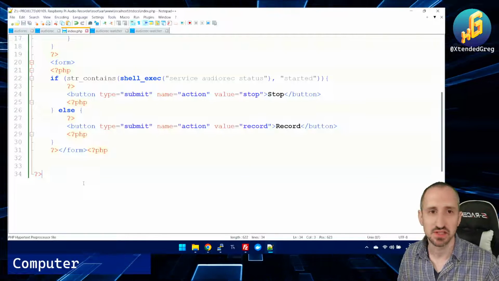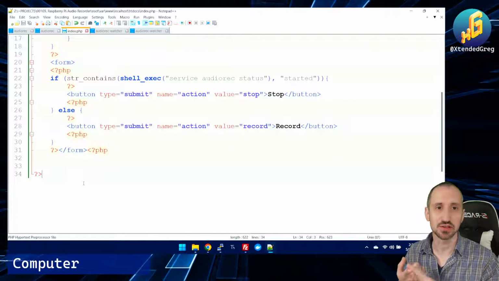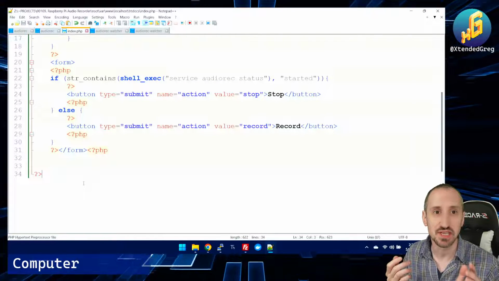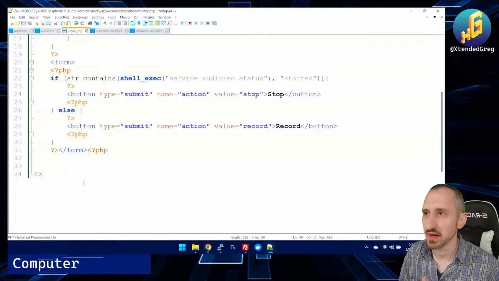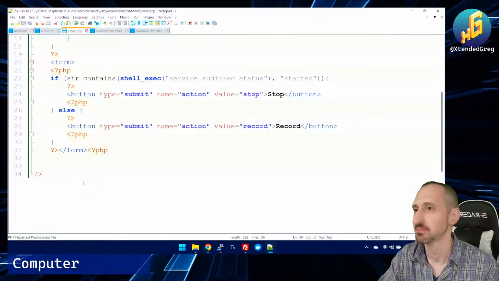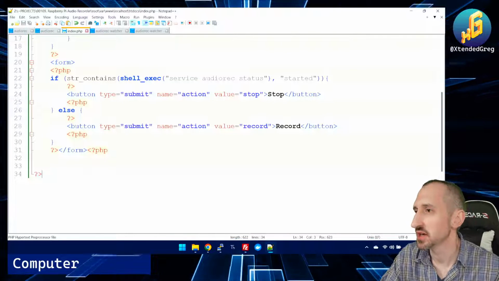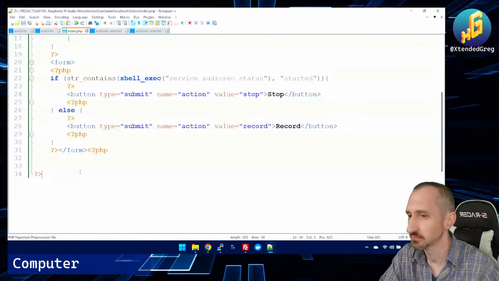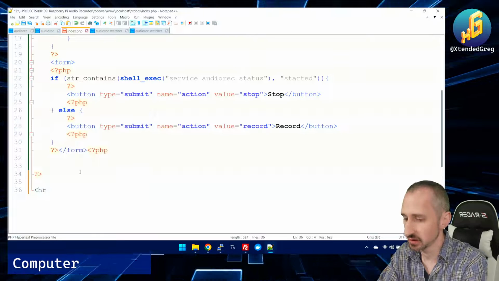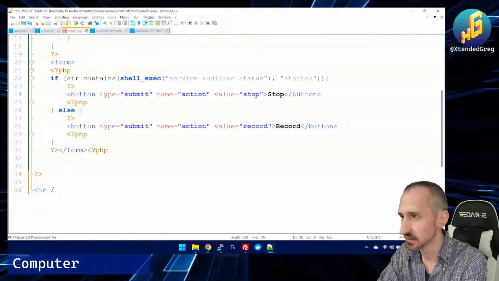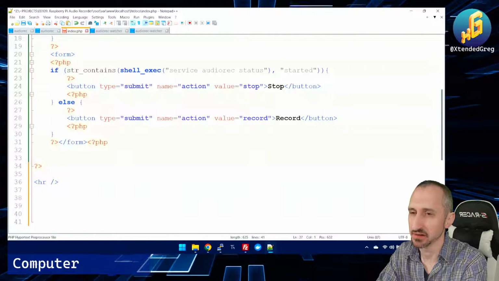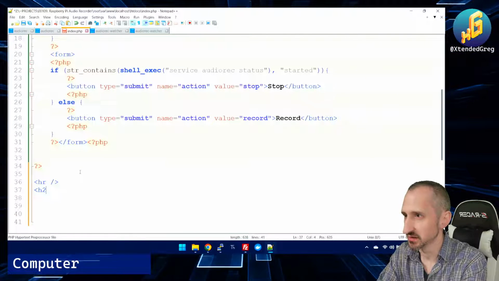So we want to do two things. We want to make it so we can download our files by searching them and being able to click on them, which is pretty easy to do. And then the other thing is we obviously want to make it so it does in fact download when we click on it. So we're going to just put that underneath this. So let's put a horizontal line there. And then we want to put in our download. So we'll do h2